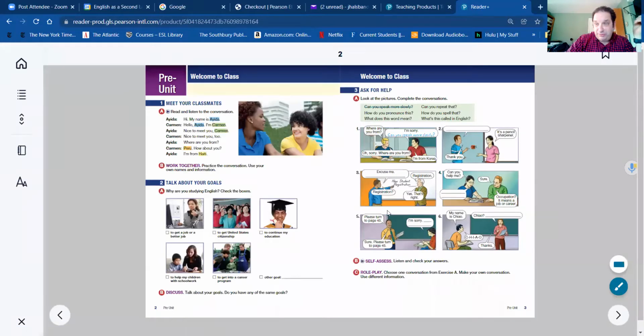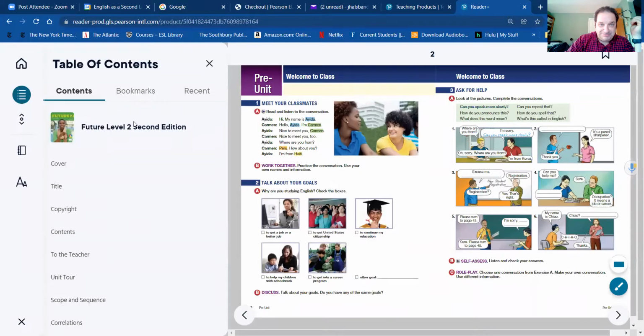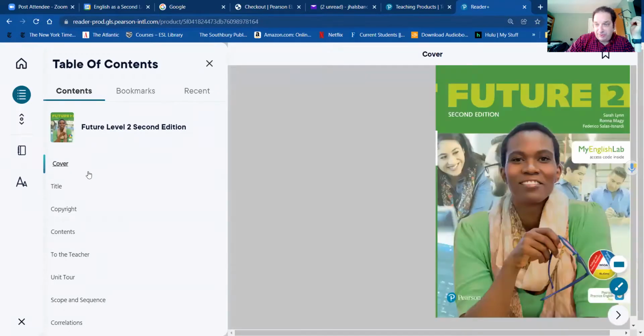And this will be the book that I showed you earlier. You can go back to the cover, or you can go to the table of contents. You can go back to the cover just to make sure that it's your book. And that's how you get your book. In another video, I'll show you how to access the app. If you have any questions, please feel free to contact me